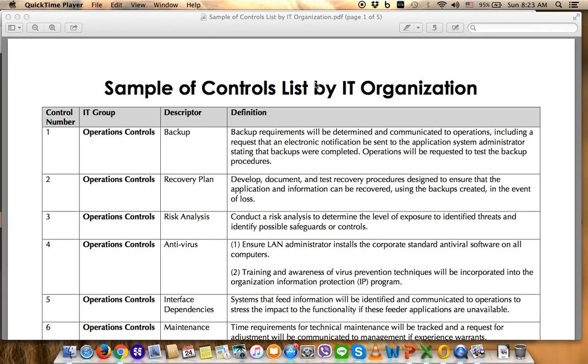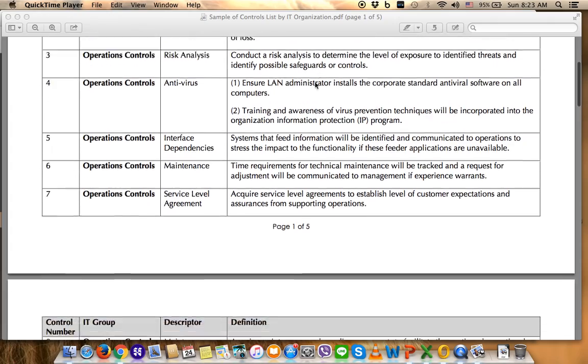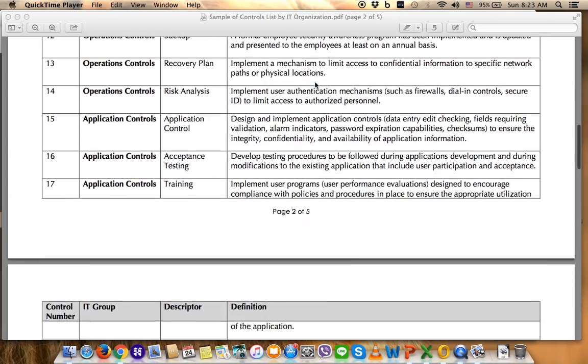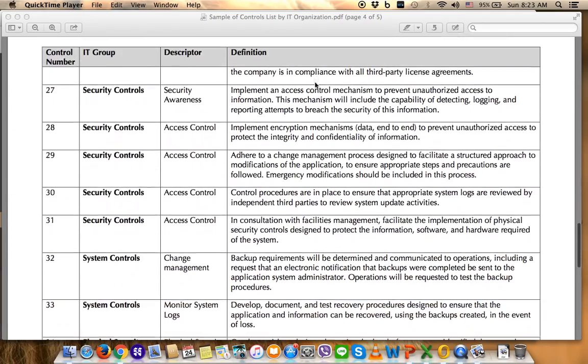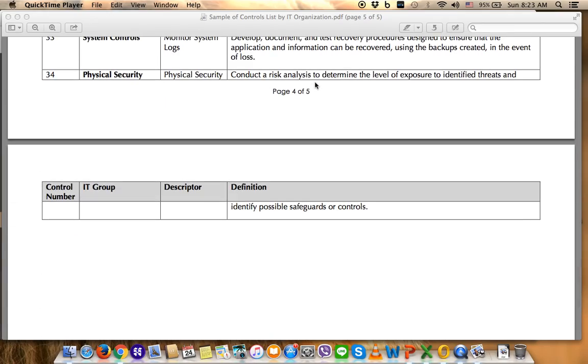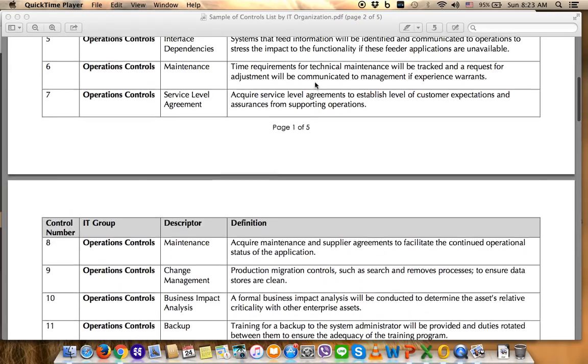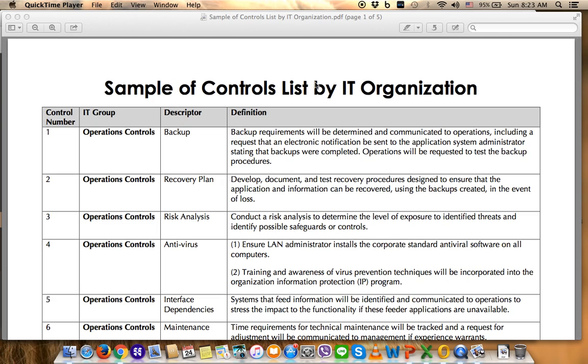effectively and efficiently. So I define the major controls in four types. One is operation control, the second is application control, the third one is security control, and the last one is called physical control. So the operation control,